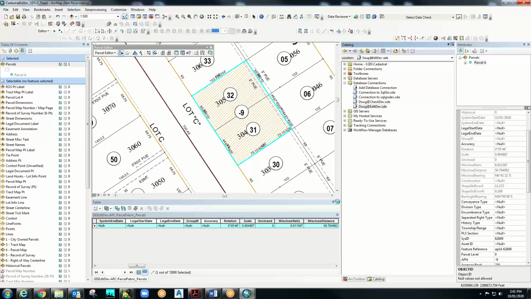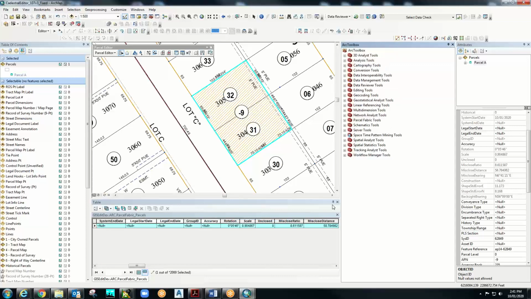No problem. I believe the attributes table is the best. Not the attribute table down here, but the attributes tool on the right side is the best way to actually edit your attributes. Would there be a way to take that 31 and 32 and move those to some overwritten APN label